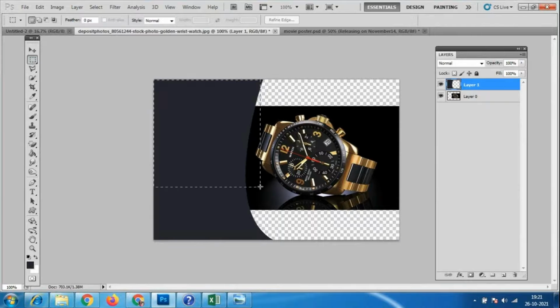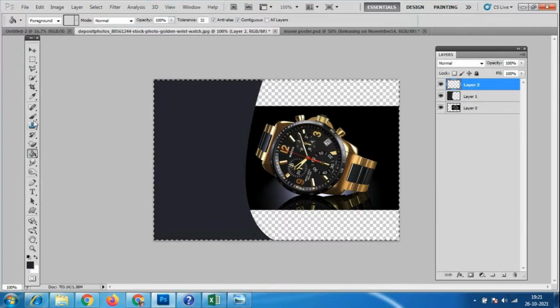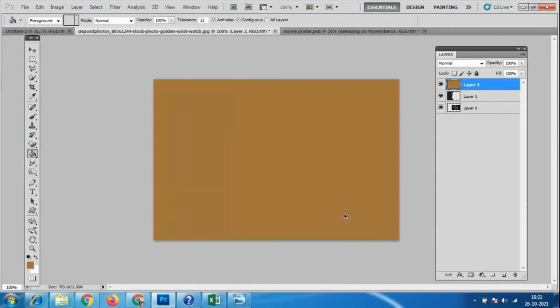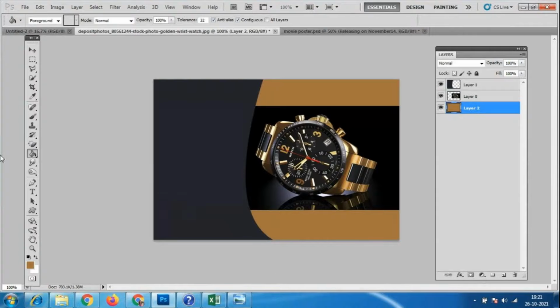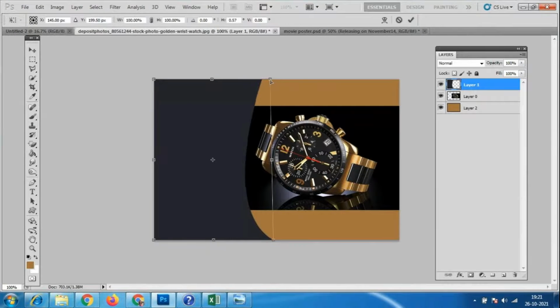So again you can add the background, take a layer. Compared to Photoshop, the other software is very easy. Okay, so here I'm using the color. Paint bucket tool, I'm using the color. Control D, which is there in the background. So like this, two three colors you have to use. So you have to make the designs and use two three colors.